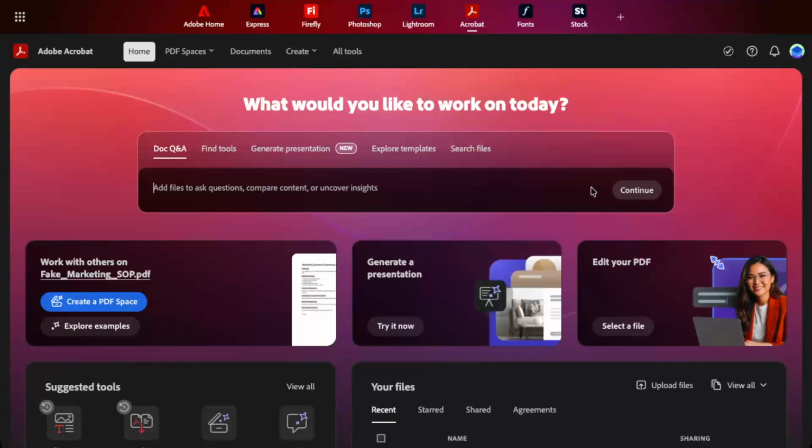In today's video, I'm going to teach you how to open an Adobe Acrobat document. We'll keep this nice and simple, so if you're new to Adobe Acrobat, you can follow along easily. The goal here is just to get from the Adobe Acrobat home screen to the document you want to view